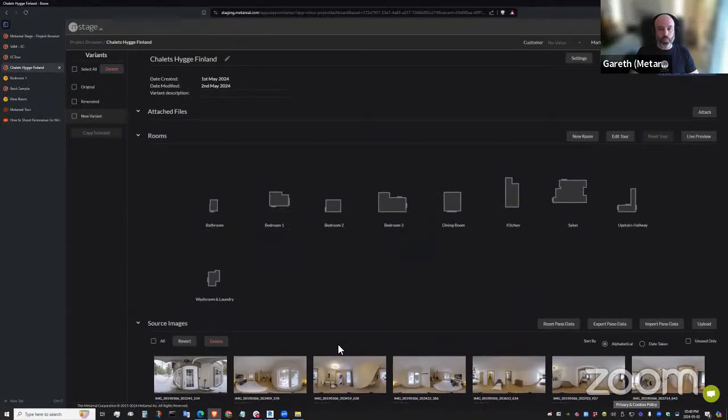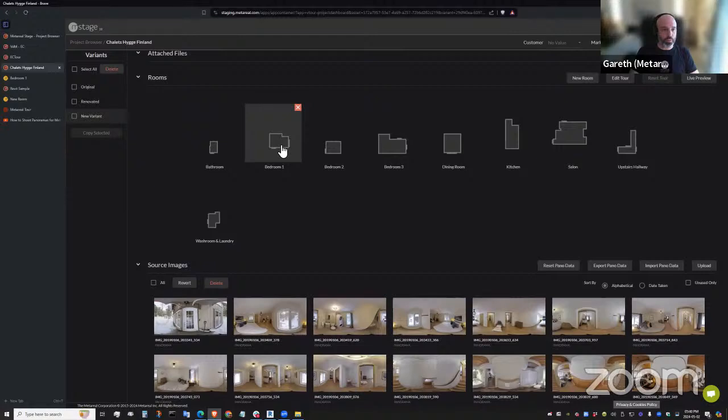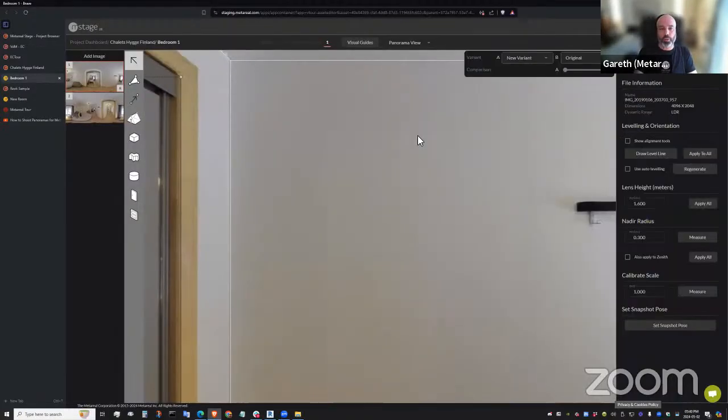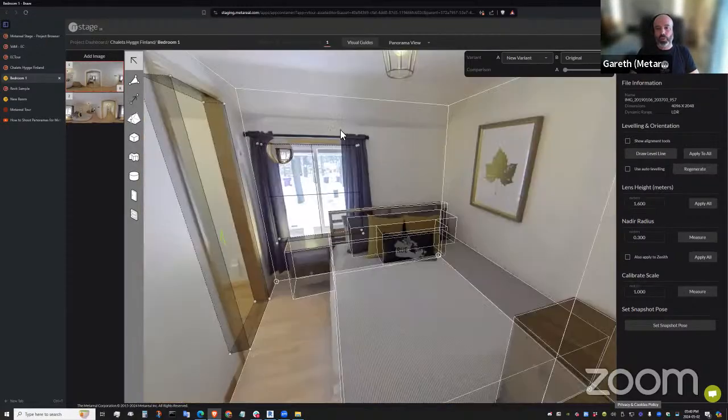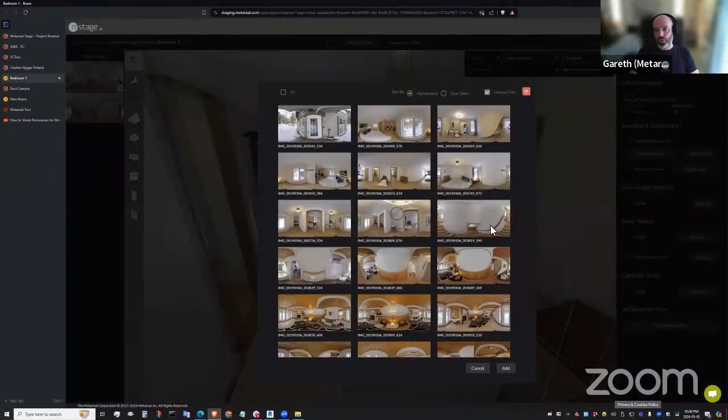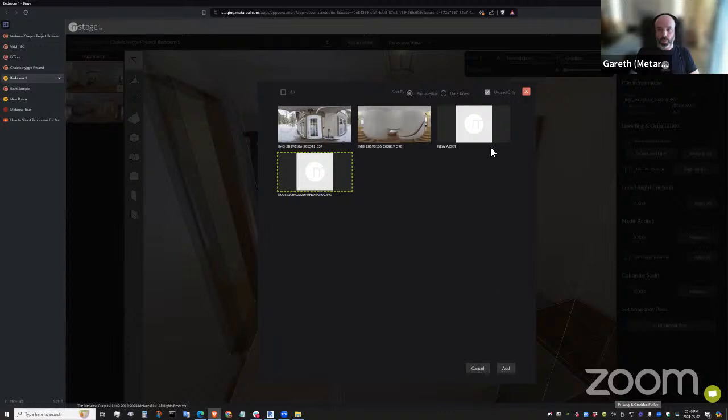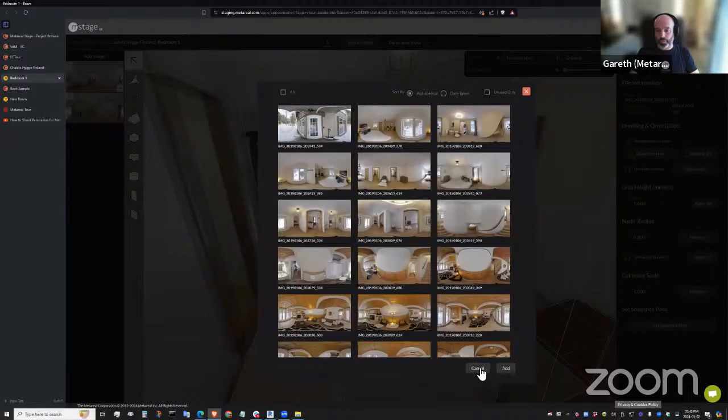And then what I will probably do is I'll go to, I think it's bedroom 1 is the one. So I'm going to open the editor for bedroom 1 in this variant. And again, this is all stuff that, if you're using the full service, you'll just be able to upload the additional panoramas and say align the panoramas in the variant. And so I've gone into my room with the old content. I'm now going to choose to add the images. Hopefully they're processed. Not quite ready yet. I'm going to have to wait a bit.